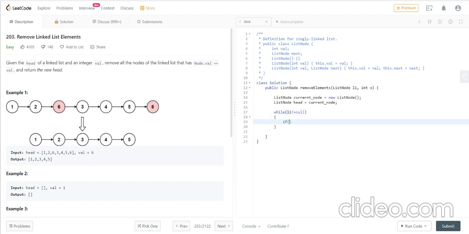And we are creating a while loop, while L1 is not equal to null, and if L1.value equals X, we just iterate over the L1. We do not want to store its value. So L1 equals L1.next. We just iterate over to the next value. And if it fails, meaning L1.val is not equal to X, then what we are going to do is